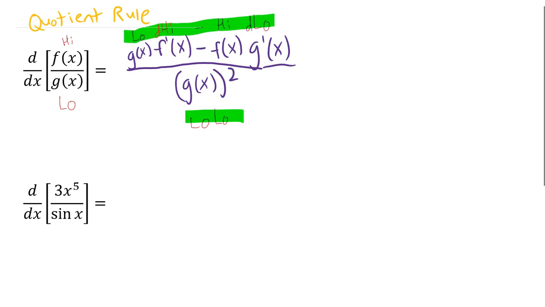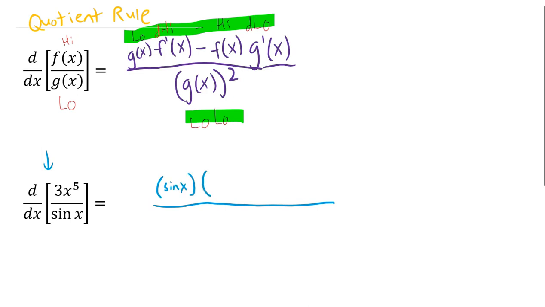I honestly say "over low squared," but I don't know. I think calculus teachers sometimes do one, sometimes do the other. So if I'm doing this derivative, the derivative of 3x to the 5th over sine of x, I'm doing the derivative of a quotient, so I know it's going to be low